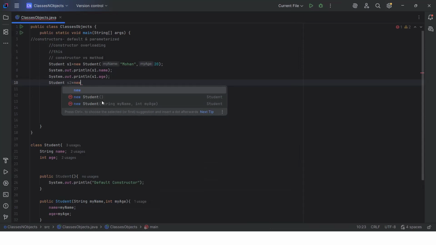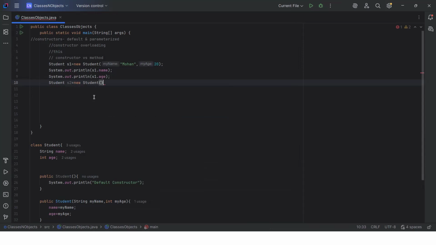Here you can see the first one has no parameters. When you see a variable, for example name here, it will show string as the type. Here, this is of the type Student. It's a non-primitive data type. This one is a parameterized constructor. It is still of the type Student. So I can choose to call the first default constructor. As soon as I select this, it appears highlighted. So when I run this,